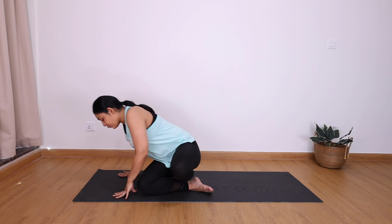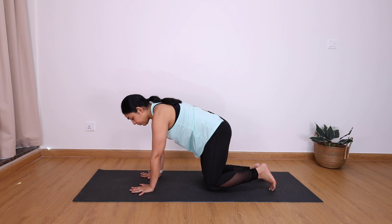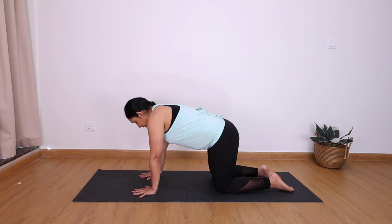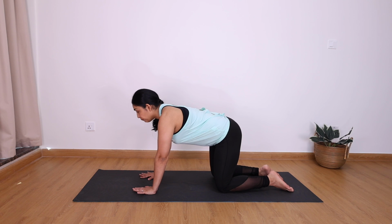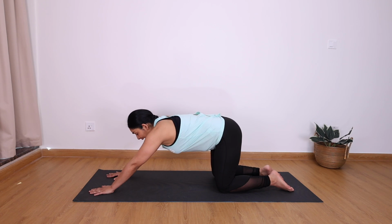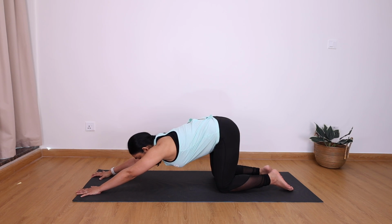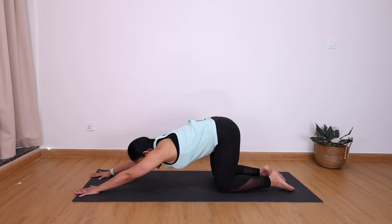Now let's come into a tabletop position from here. Preparing for puppy dog pose. Let's bring the hands under the shoulders, knees below the hips, keeping the knees hip distance wide. From here, let's start walking the hands forward and start lowering our chest and forehead to the mat. Try to keep the hips stacked over the knees